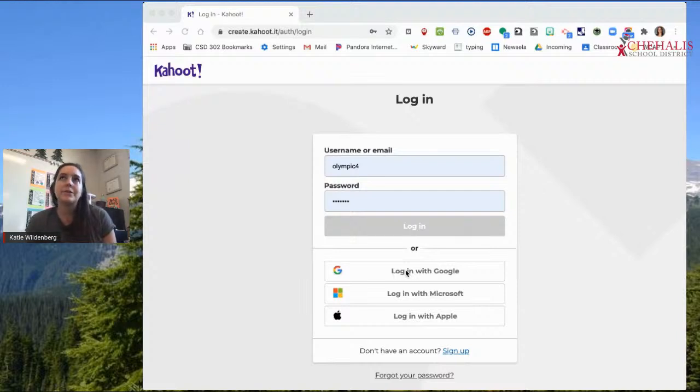Ways that I've used Kahoot in my classroom: when my kids have been working hard and testing all week, I will let them take a break, and we'll find a fun Kahoot on something like Disney movies. So it can be a brain break for kids too. They also opened it up where you can create your own lessons, and I'll show you what that looks like. So when I log in,